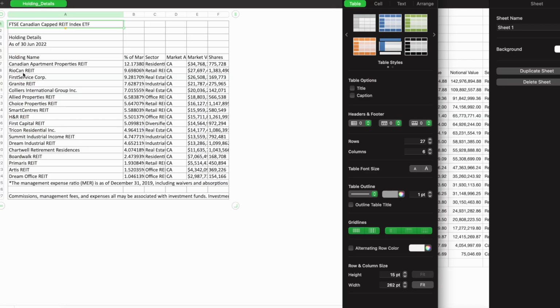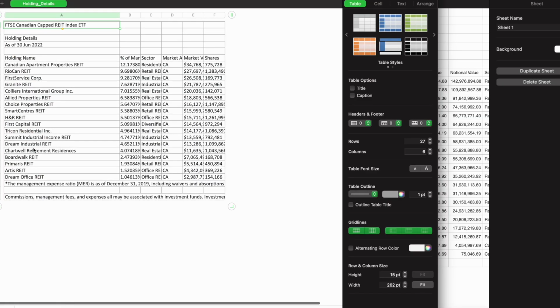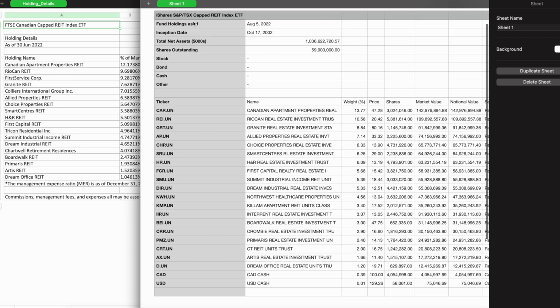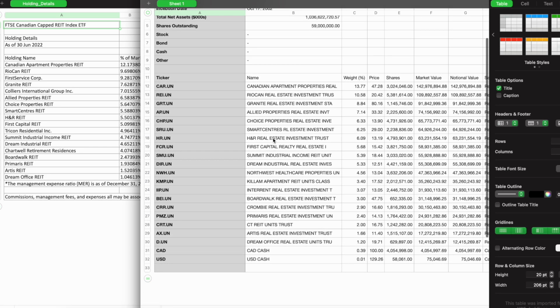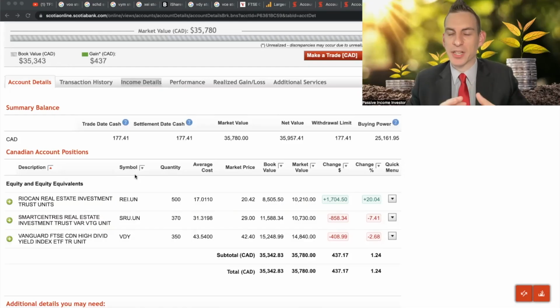The way I find this list of stocks is I basically just come into any real estate investment trust ETF. I find like 4 or 5 of them, and I scan through what the top held REITs are, with Canadian Apartment Properties, Granite Real Estate, there's Allied Properties, Smart Centers, Northwest Health Properties, and I kind of pick the ones that have the highest yields, and I just want to see how they perform through this recessionary period